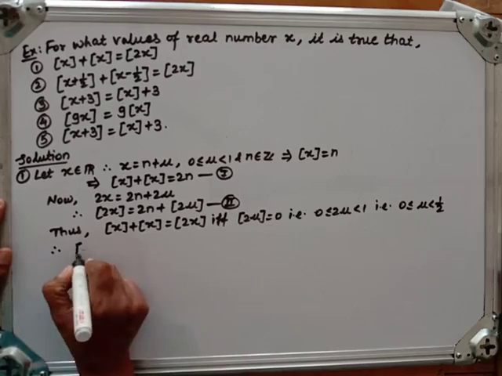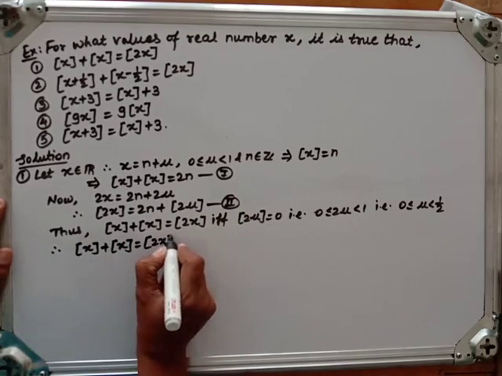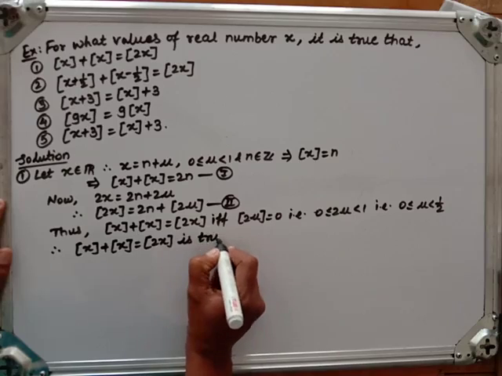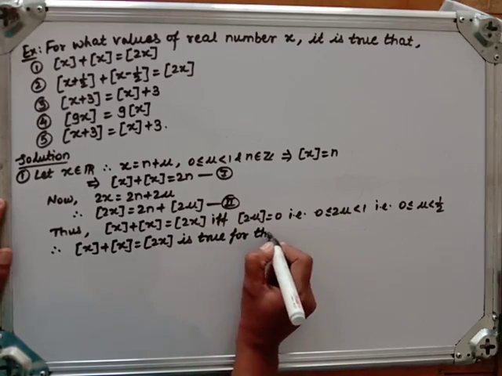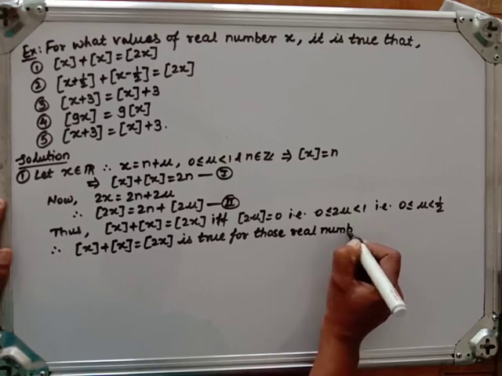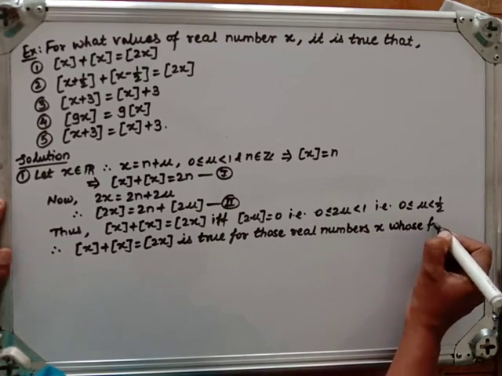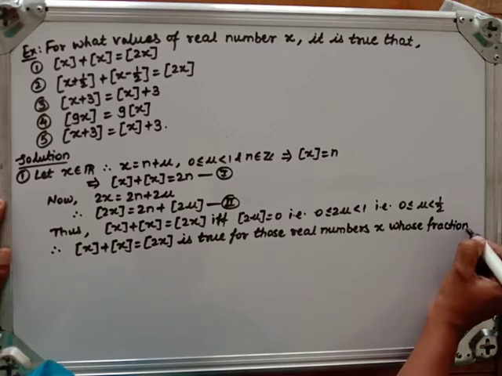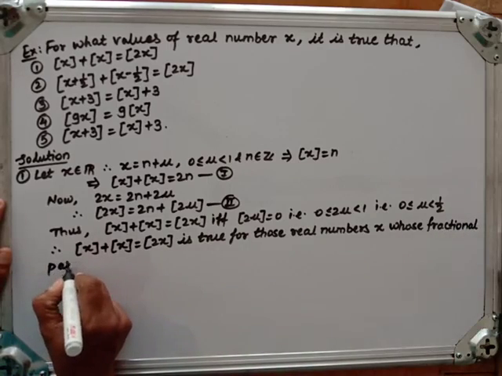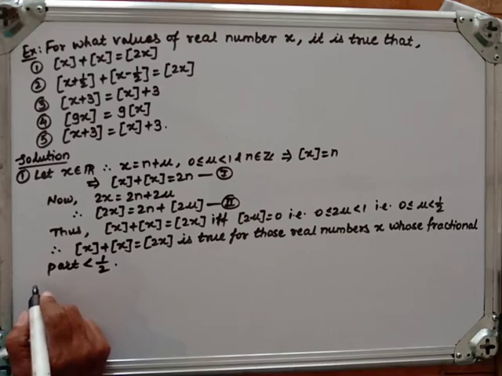Thus greatest integer function of x plus greatest integer function of x is equal to greatest integer function of 2x is true for those real numbers x whose fractional part is less than what? Half. Now the next one,